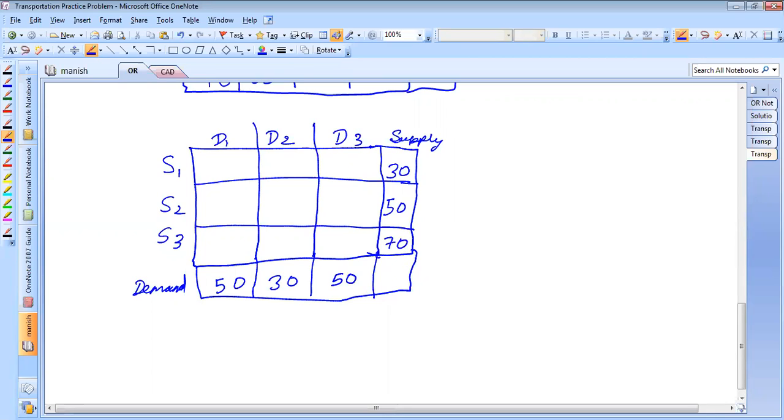So if I sum them up, then what I get here is 150, but here it is 50 plus 30 plus 50, that is 130. Now the case is summation of S minus summation of D is greater than 0, isn't it? That is 150 minus 130, which is equal to 20. So what we will do in this case is,